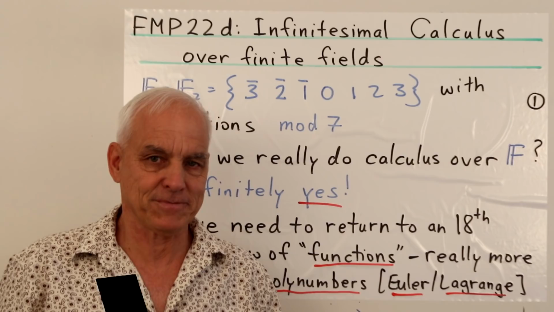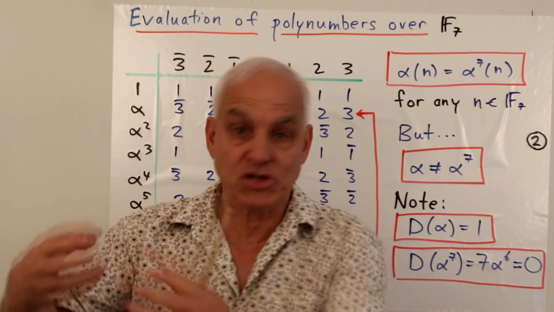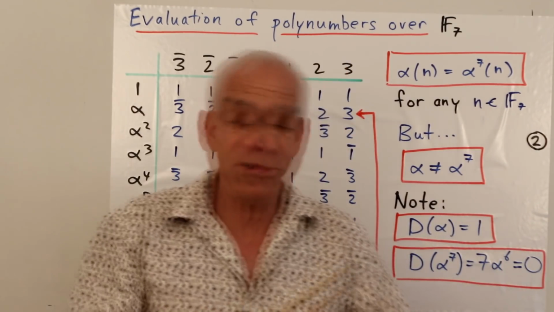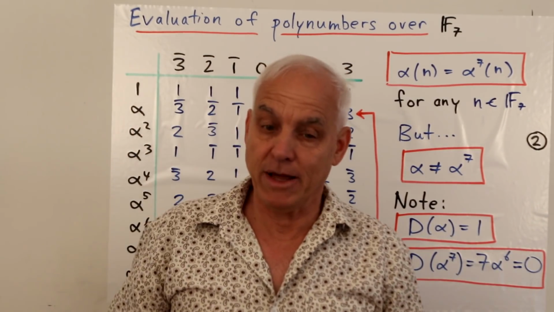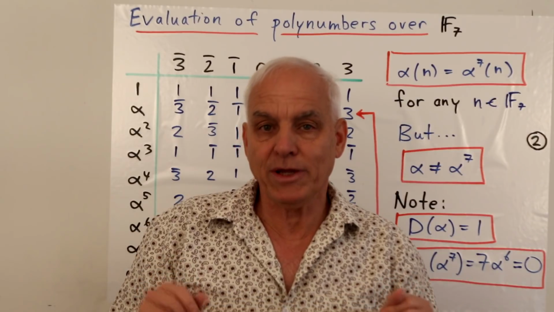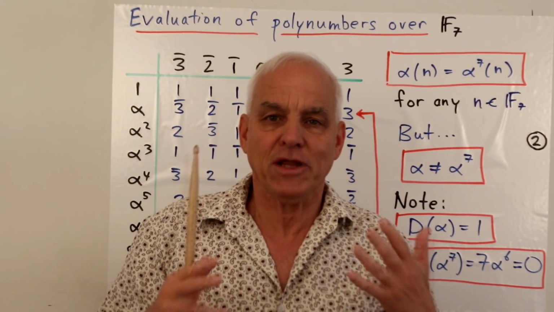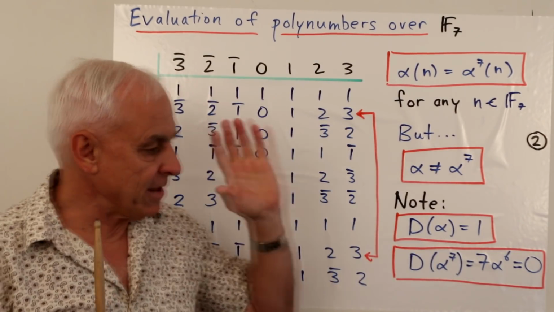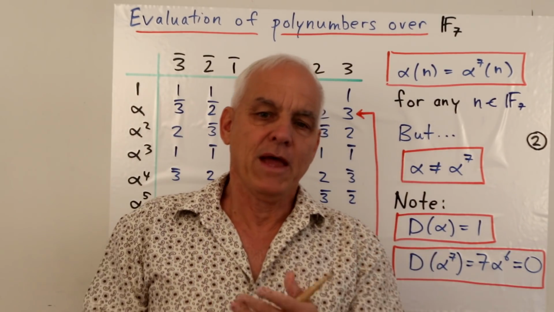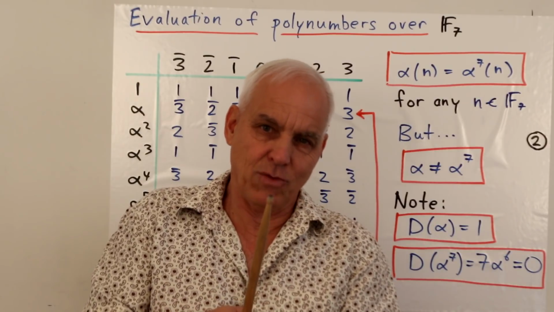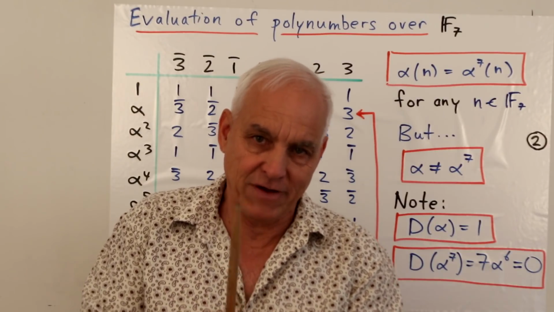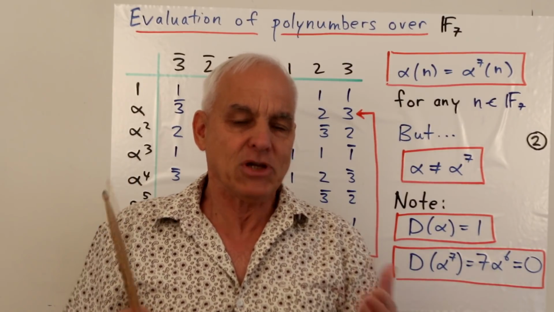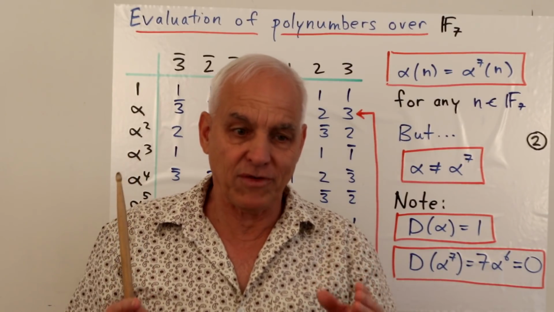The modern notion of a function as something which takes an input of a certain kind and gives you an output of a certain kind pervades so much of modern mathematics. But it actually is not really the only way of thinking about these things. And I want to illustrate the importance of shifting your point of view, especially when we make contact with this finite field kind of analysis. You're going to see directly why we need to retreat a little bit from the all-importance of the functional point of view.